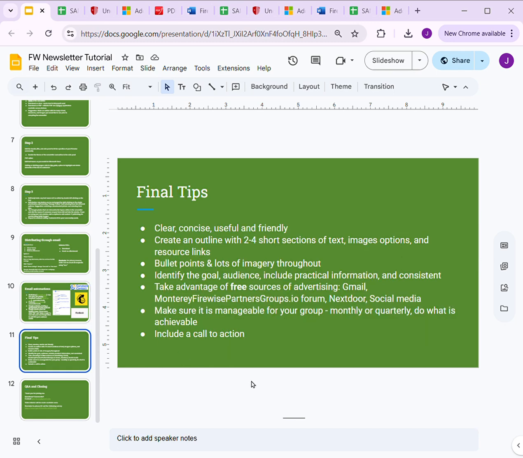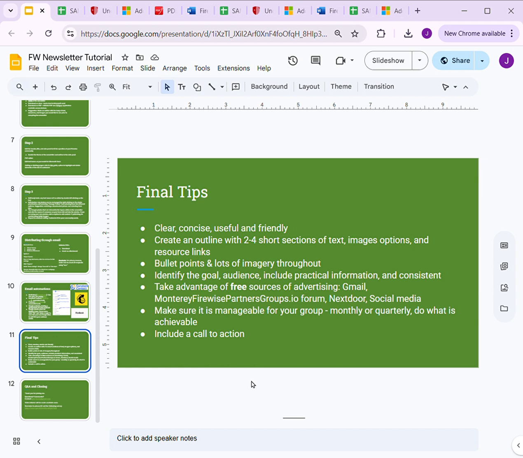So with that, here are some final tips for making your newsletter. Be sure to be clear, concise, useful, and friendly. Create an outline with 2 to 4 short sections of text, image options, and resource links within the theme that you decide. Bullet points and lots of imagery help to retain people's attention and get your point across.